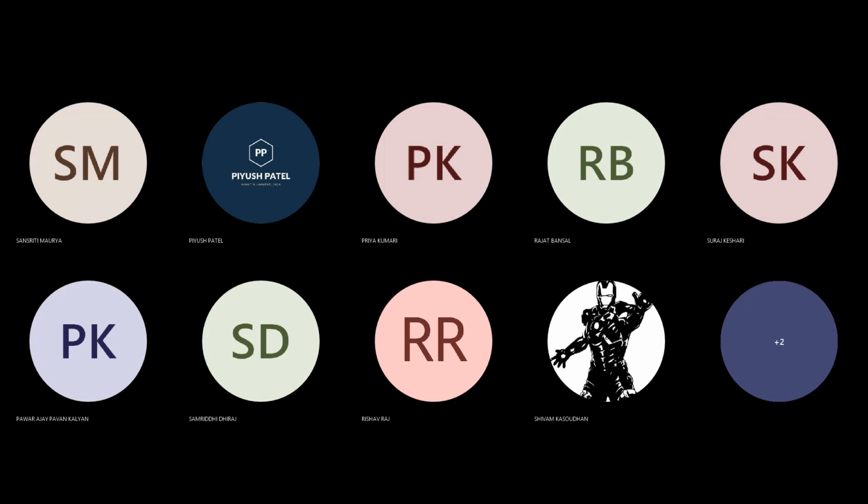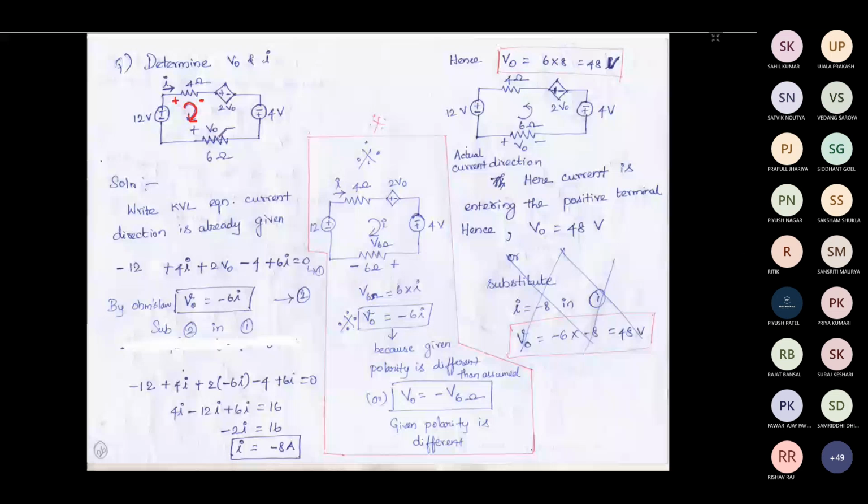Current is entering this resistor, then you consider this as positive and this one as negative. But in the question they have asked the voltage across the 6 ohm resistor, here minus, here plus. But now as per the assumed current direction, we have got plus and minus like this. So after you substitute the polarities, you write the KVL equation for this.